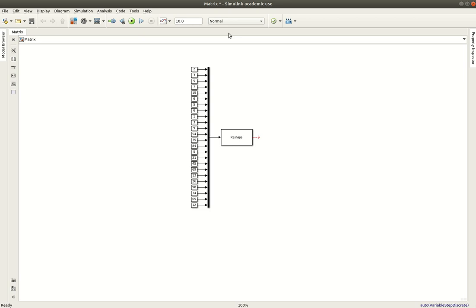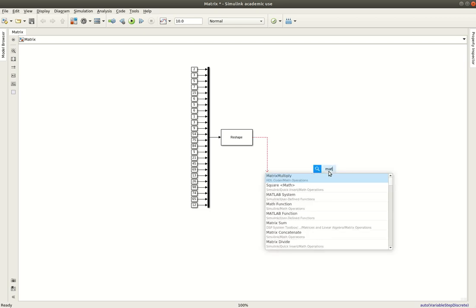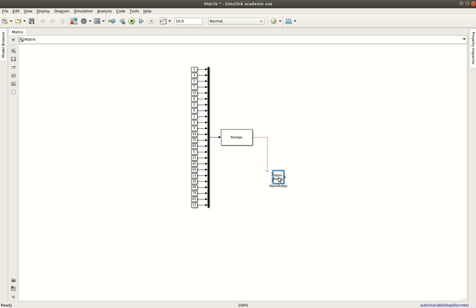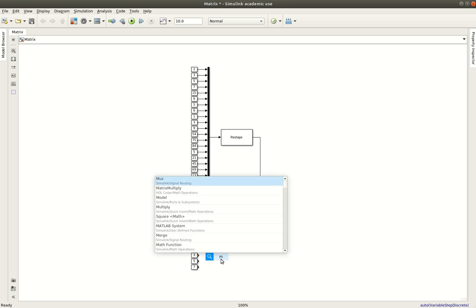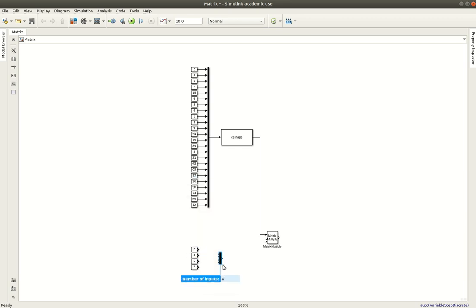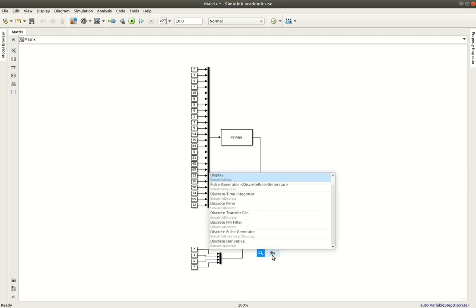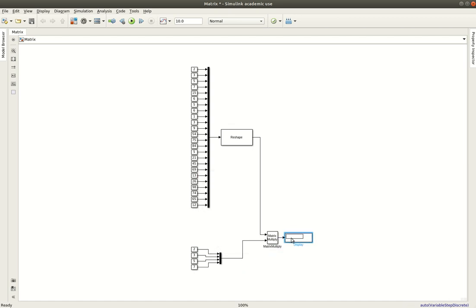So let us try multiplying this matrix. We will be using a matrix multiply block here, connected to its input, and then a 4 cross 1 matrix we will require. So let us create a mux block here with 4 inputs, and then connect the input to this, then this, and then again a display block to see the output.